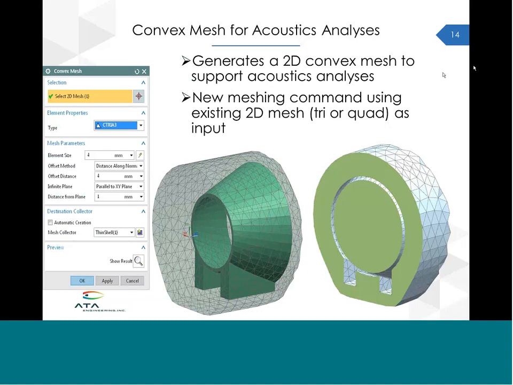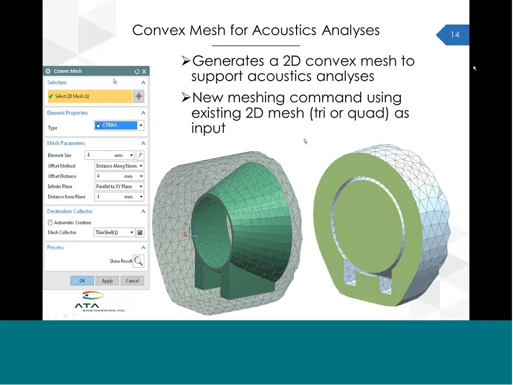The next command I'll show you is creating a convex mesh for acoustic analysis. This mesh you see on the bottom left might look very similar to the geometry you saw in the previous slide. It's a tapered cylinder with ribs coming off it, but now the difference is we have thickened those shells into solid elements. The use case here is we want to create a mesh that surrounds this body, and because it's a cylindrical volume, we want elements to pass through the center of the cylinder as well. Previously this may have been a very tedious manual set of operations, and now it's all encapsulated in